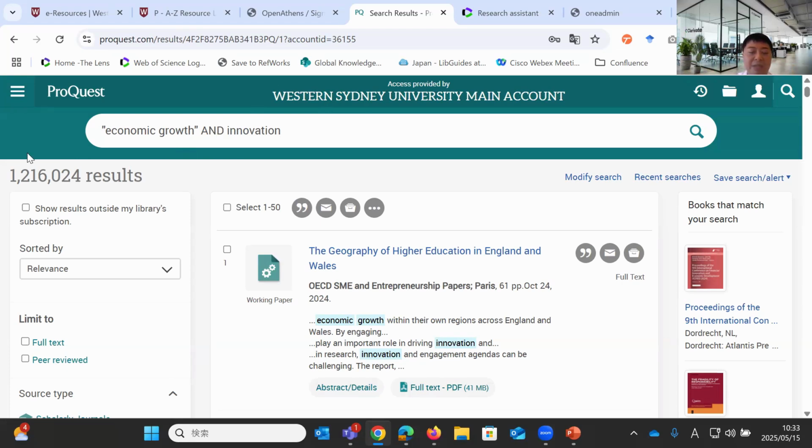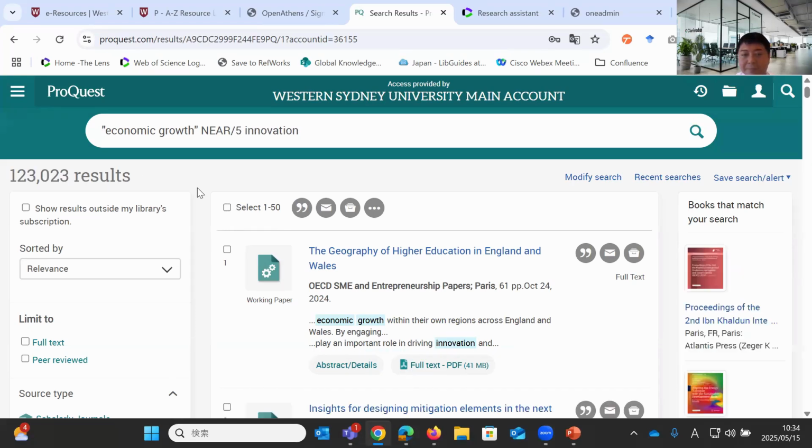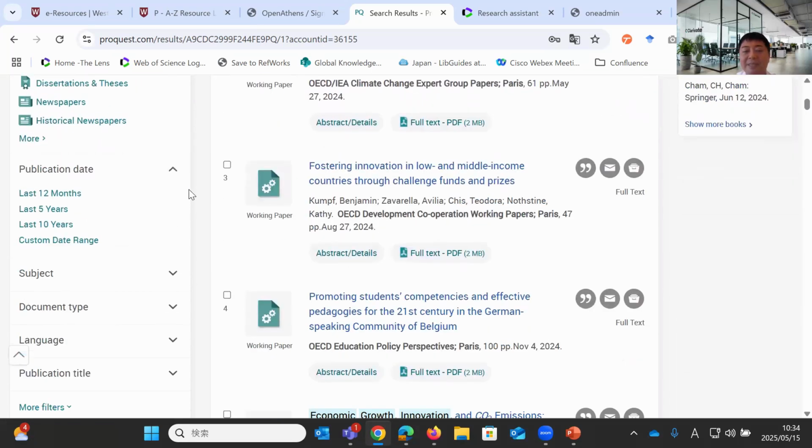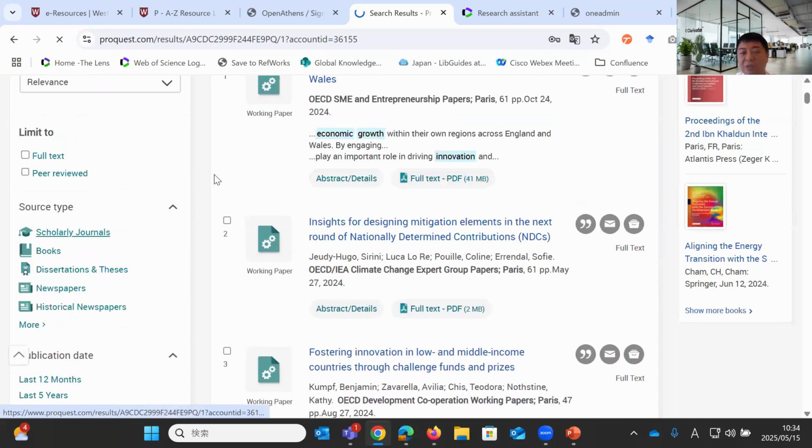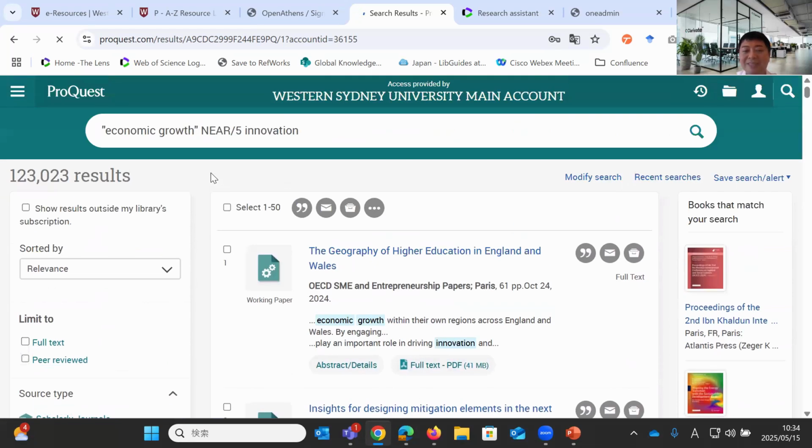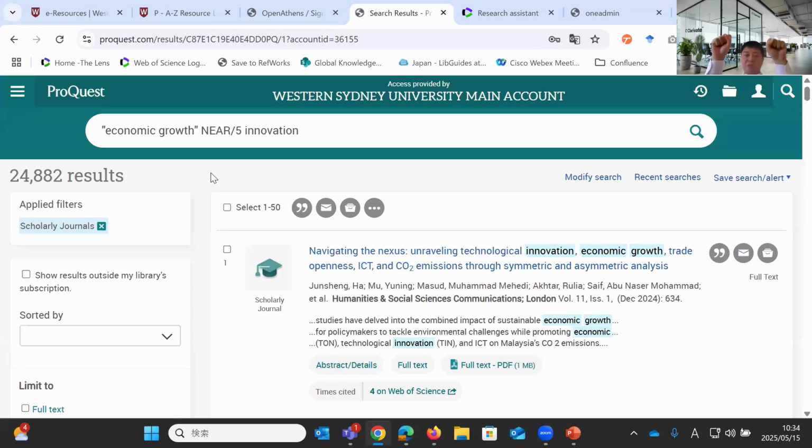That's way too many. Obviously, I can use these filters, but if I put NEAR/5, you see much fewer results, a tenth of the results that you saw before. What it does is, maybe I want to put scholarly journals to make it easier, these two keywords come within a proximity of 5 words from each other.